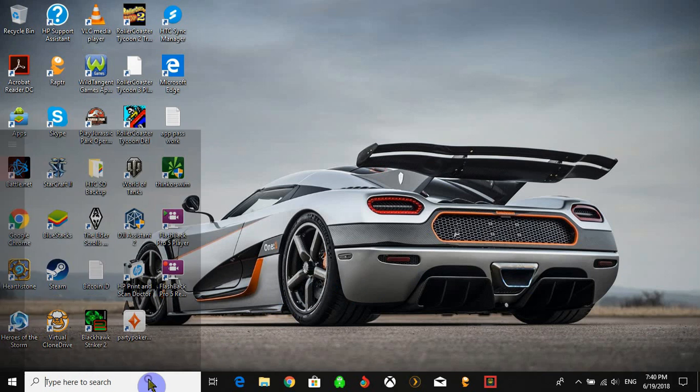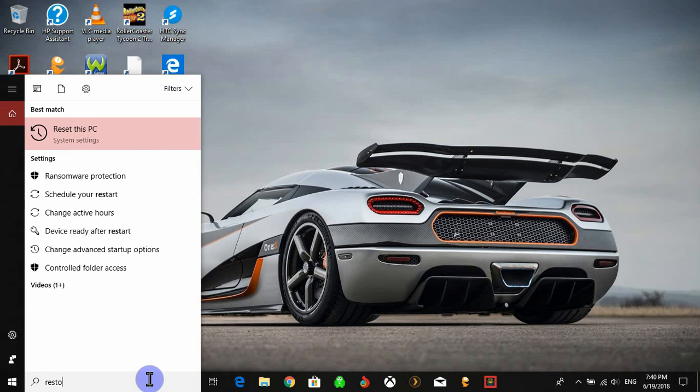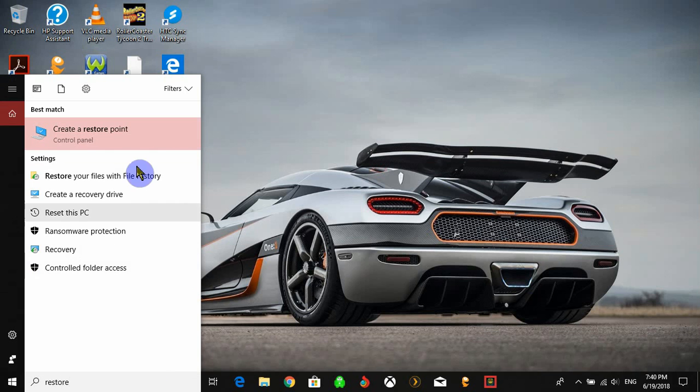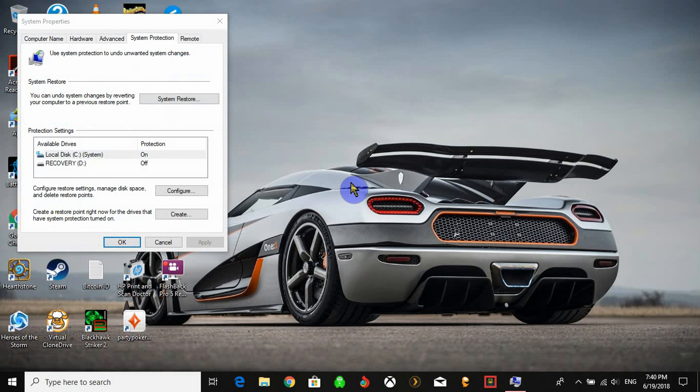Easiest way to do it is to go ahead and search for restore, and you should get this option right here, create a restore point. Now there's lots of different ways to get to system restore, but this is going to be the fastest way by far, just searching for it. So it should take you here, and what you want to look for is local disk C, the system disk. This is your operating system,